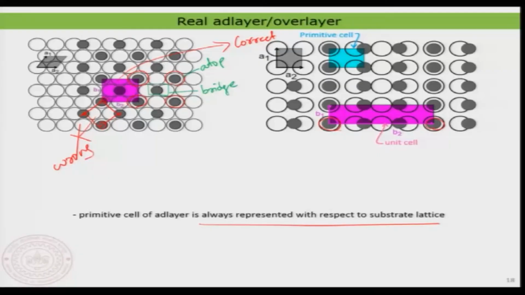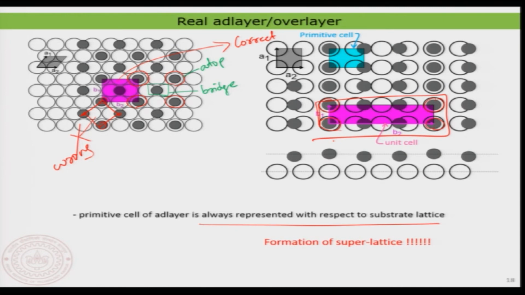We will look into that later in special cases, but because of this heteroatomic interface that you are creating, it is not necessary that they always go on the same site, right. So, because of that, you are forming something called a super lattice. That means it is not a very simple lattice, the lattice periodicity is actually much bigger. You can see the lattice periodicity, in this case it is B2, which is much larger than that of